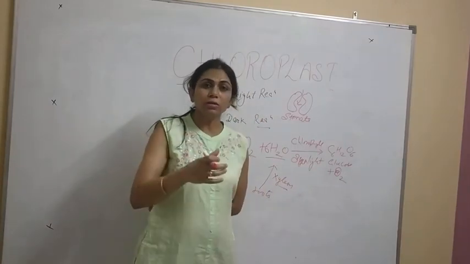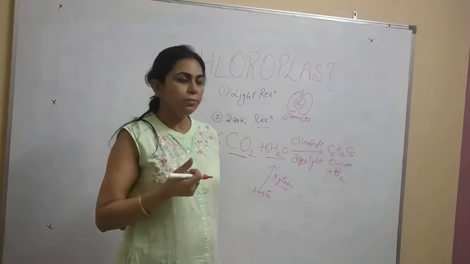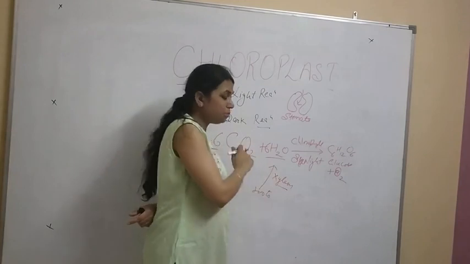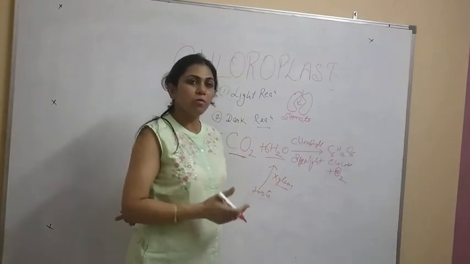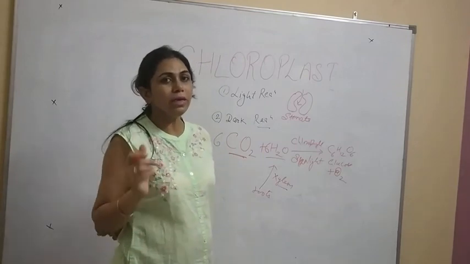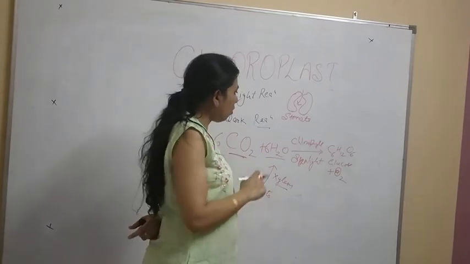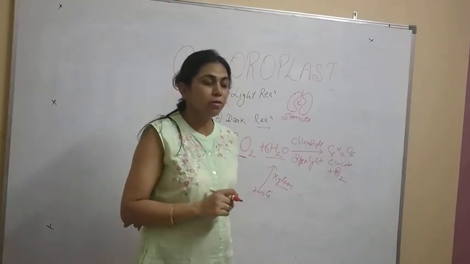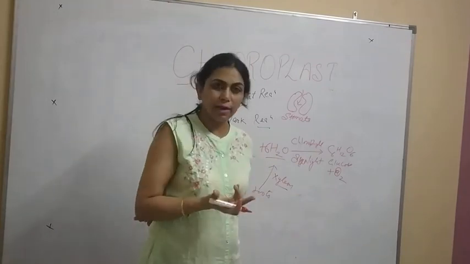So roots take water from the soil, and from the roots up to the leaf, xylem tissues are present which bring that water to the leaf portion where food is going to be synthesized. Now chlorophyll is present because it is a green color pigment. It is very, very important. And then sunlight, of course.